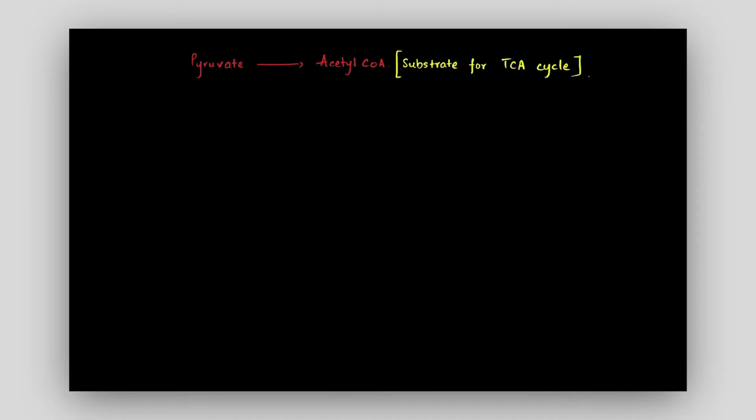And the pyruvate comes from glucose through the process of glycolysis. So there's this intermediate step where pyruvate is converted to acetyl CoA by the help of an enzyme complex called